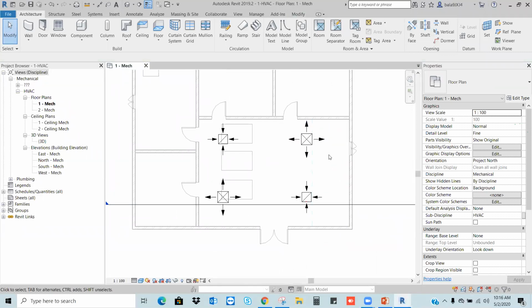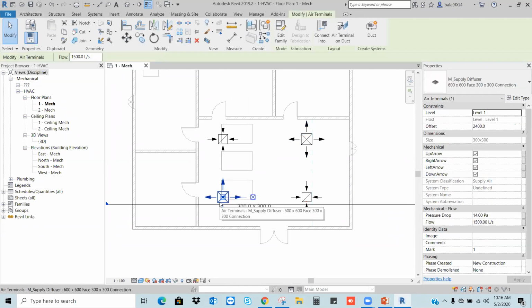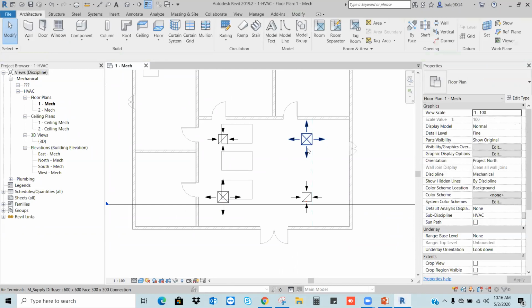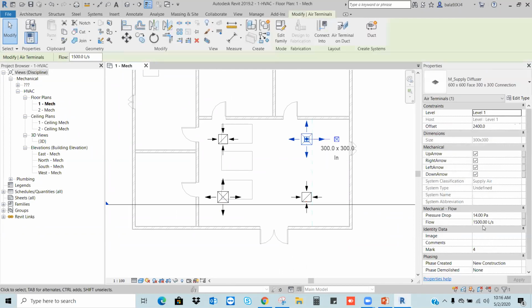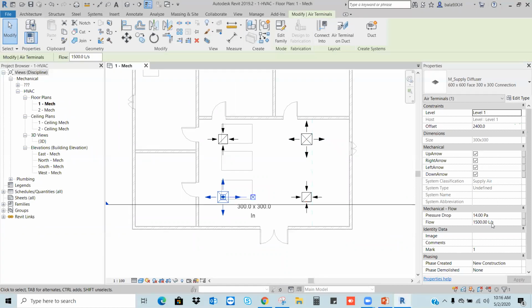In the same way, I am going to change the airflow for these two diffusers. Let's say for this diffuser, I want to change it to 1000 liters per second. If you see this other diffuser, I can see 1500 liters per second.